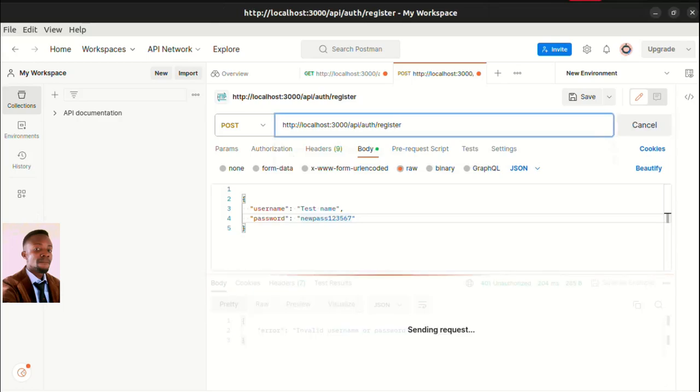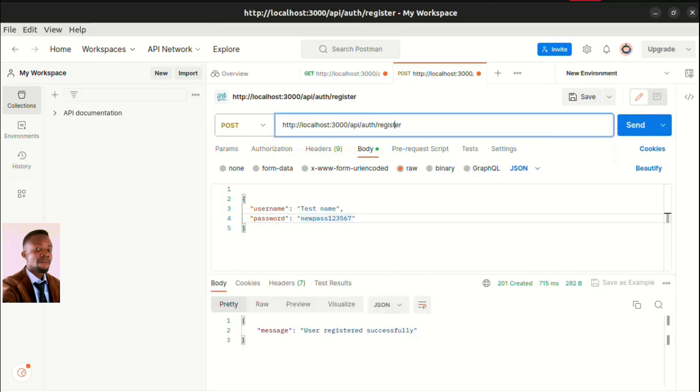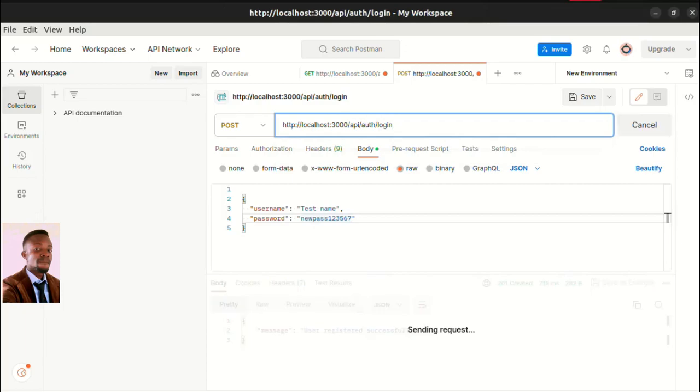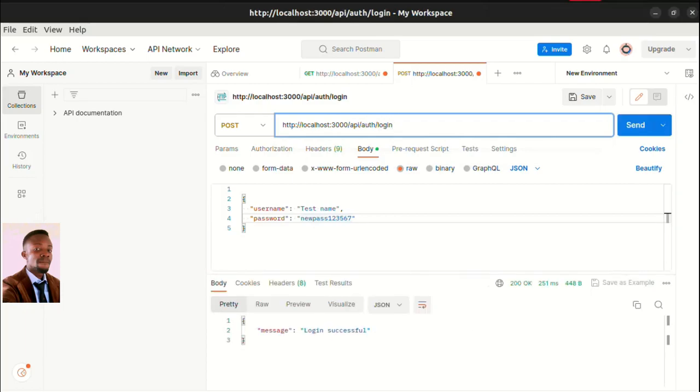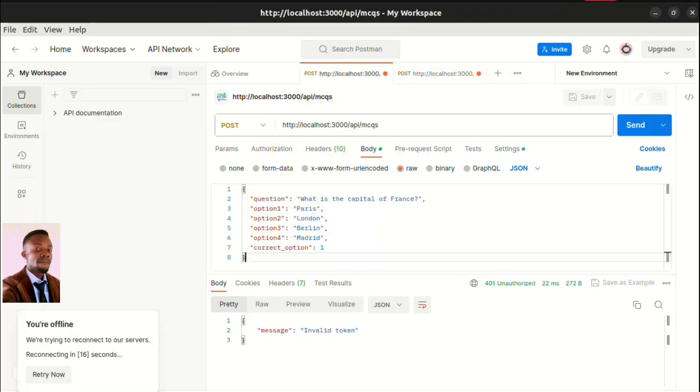Alright, so this is Postman. As you can see, the first route is register. A user can be registered in the database, and after registering with his or her username and password, the user can actually log in. And when the user logs in,